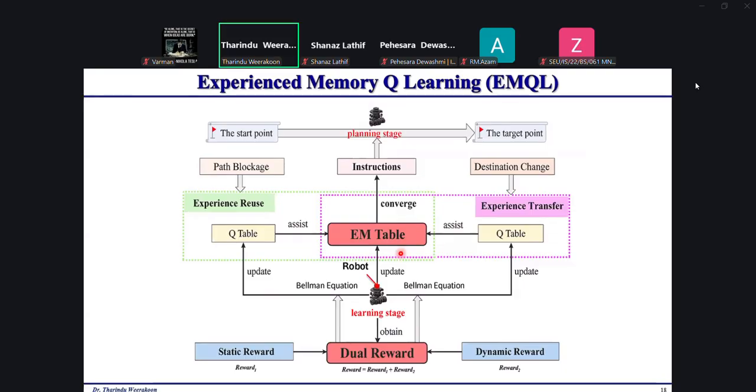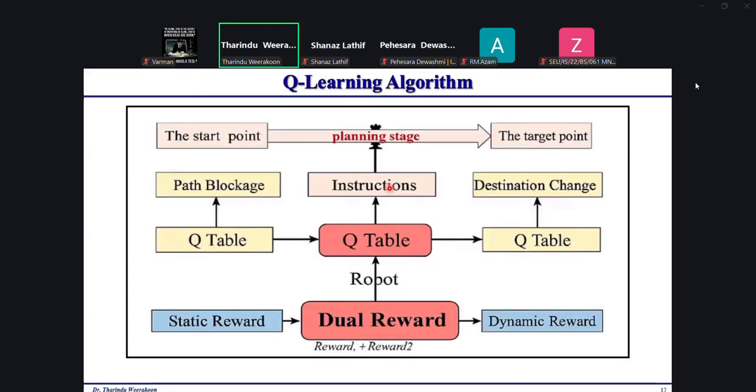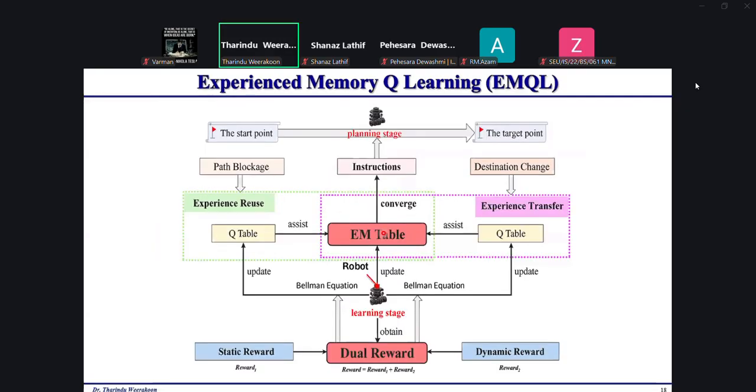So apart from that Q table, we can see the EM table is there. If I go back to the previous block diagram, here the Q table is there, and apart from that, the EM table, along with the Q tables, are there, where the experience is transferred into recorded values.